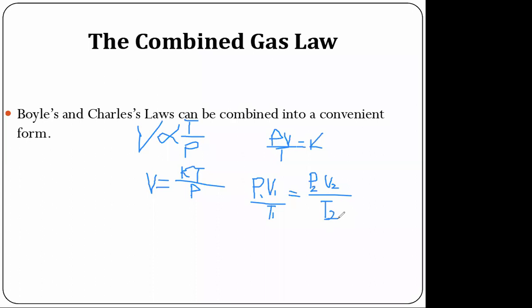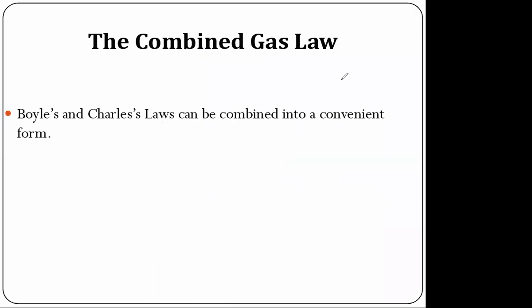Now, what this means is that gases will obey both Boyle's and Charles' law and will give you this expression. So you can continue to have that until whatever number of gases or number of conditions that you are considering. So you have the laws telling you that you can have a combination of the two gas laws.